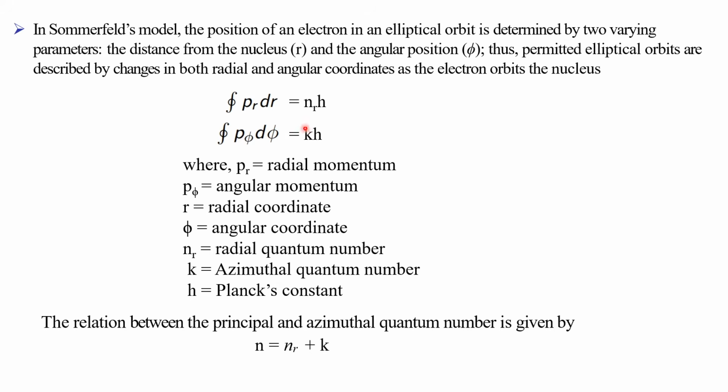K is the azimuthal quantum number and n is the principal or radial quantum number here. As I mentioned, in the above expressions, PR is the radial momentum, p phi is the angular momentum and r is the radial coordinate. Phi is the angular coordinate, nr is the radial quantum number and k is the azimuthal quantum number, h is Planck's constant as usual. So, the relation between the principal and the azimuthal quantum number is given by: principal quantum number n is your radial quantum number plus